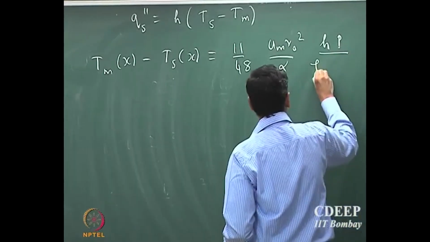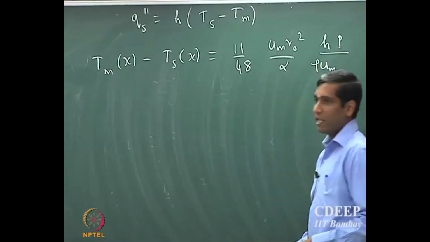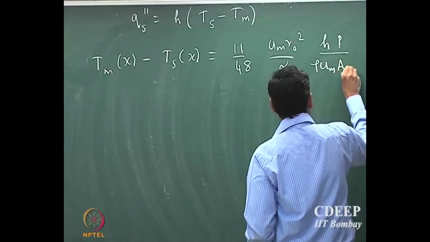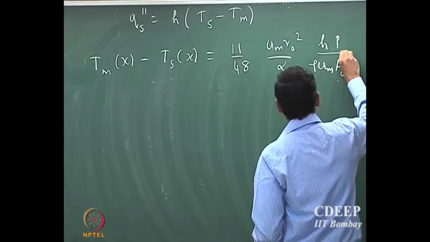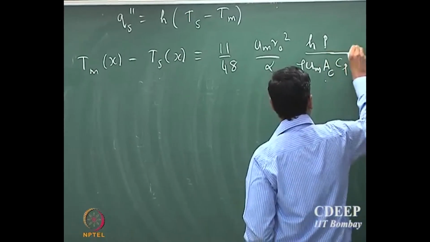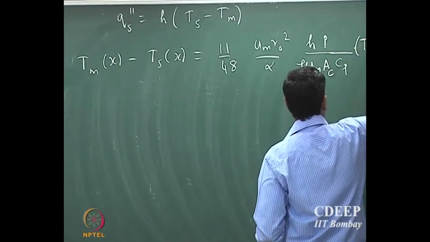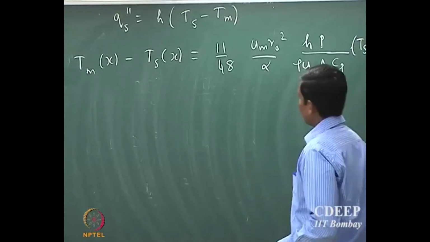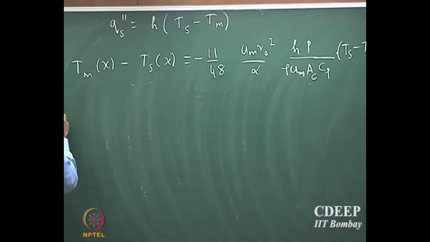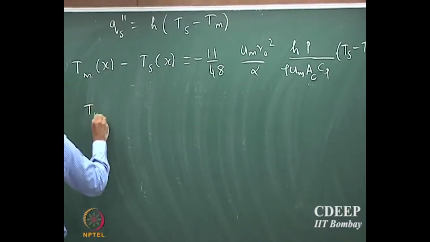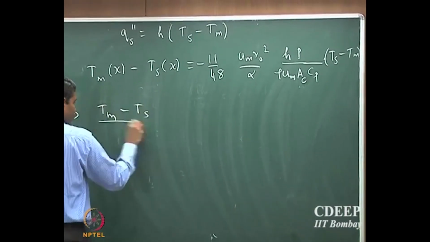It's rho into um into the cross sectional area, multiplied by Cp, into Ts minus Tm. So now, oops, the minus sign. So that is Tm minus Ts,